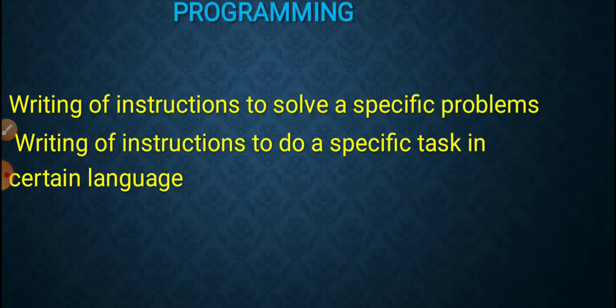Children, you know very well that a computer completes its task automatically. Do you know that computers do not do tasks on their own, because they don't have the thinking power?